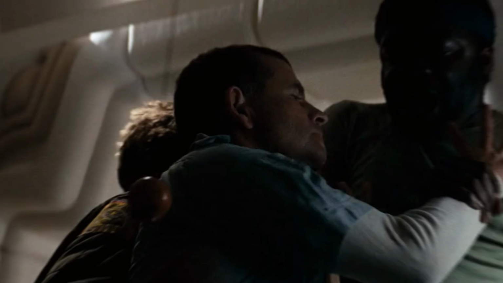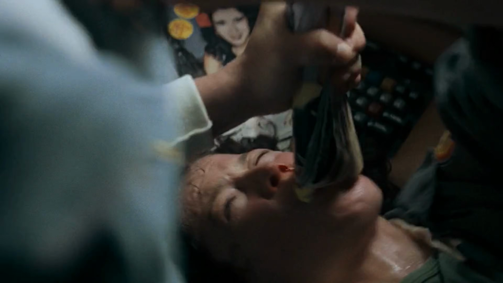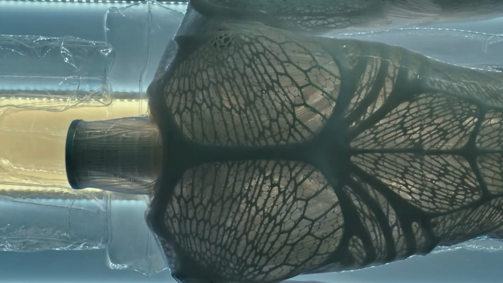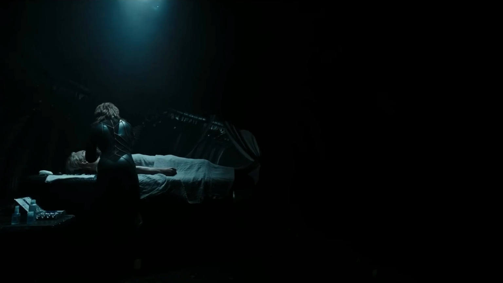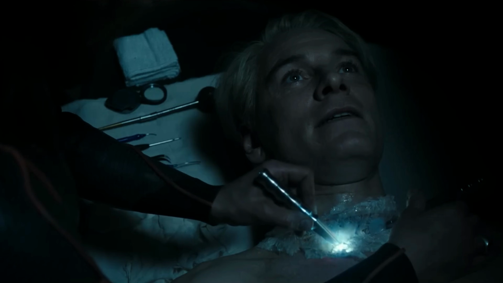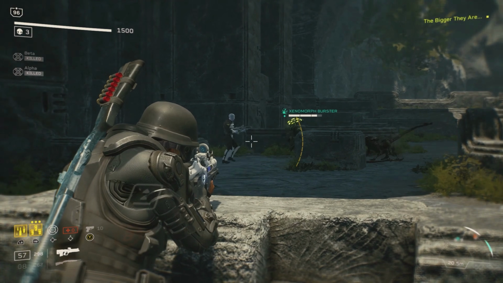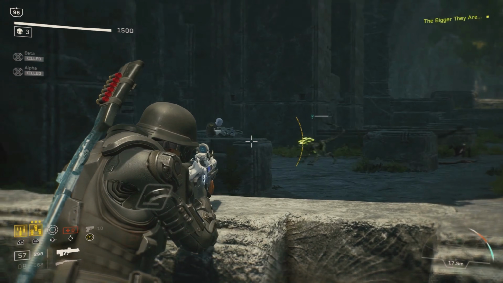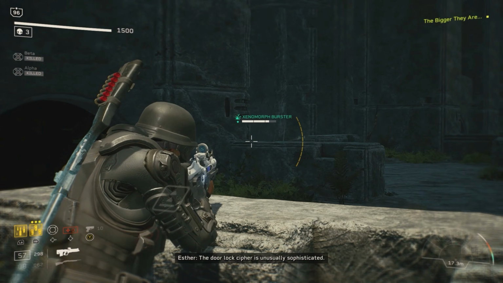From a technical standpoint, synthetics are composed of complex biomechanical systems, giving them significant advantages over humans in terms of endurance, strength, and agility. Their internal design includes a skeleton made of ultra-durable materials, such as carbon fiber, covered by artificial muscles that mimic the movement and structure of human muscles. This allows them to perform tasks that would be impossible or dangerous for humans, such as working in hostile environments